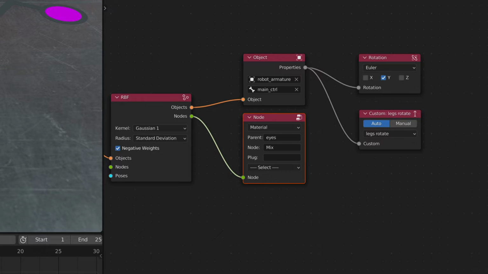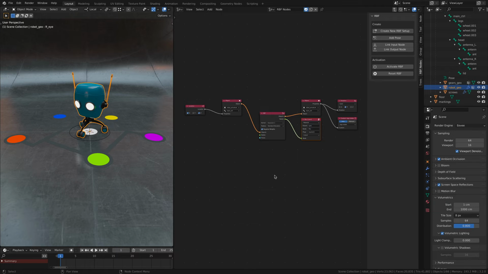With the node added to the tree, we can see that it's already set to material. The node's parent is the eyes material, and the node's name is Mix. I only need to select the property, which is Color 2. And this is about everything we need for the general definition of the RBF, which input values drive which output